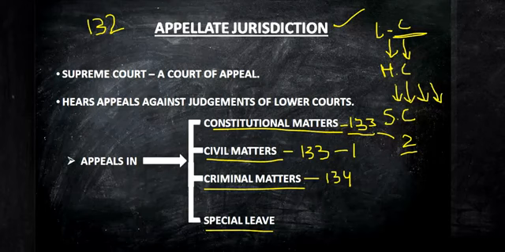The person can move to Supreme Court and Supreme Court will decide what is that particular case and what judgment has to be given. It will be taken care of by the Supreme Court itself. Is it clear? So these kind of constitutional matters are appealed in such a way that if there is a case in lower court and if the lower court has given some particular judgment, then it's okay.